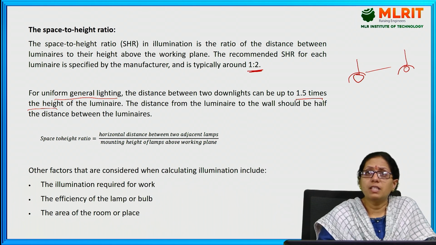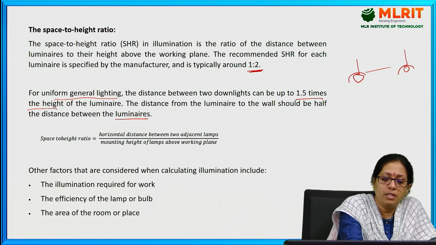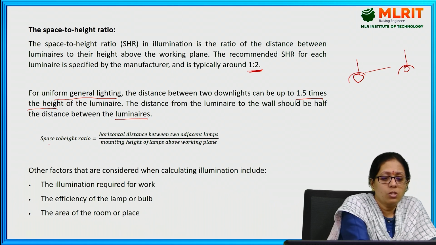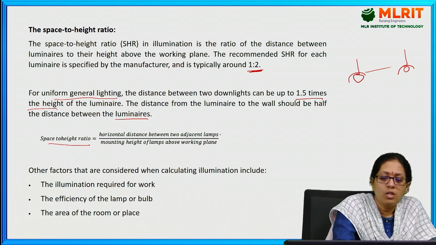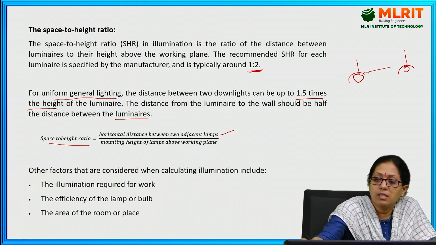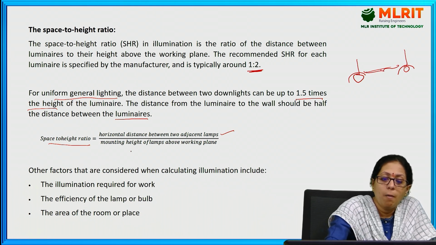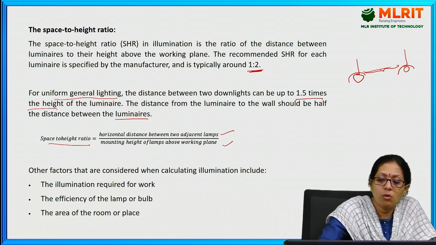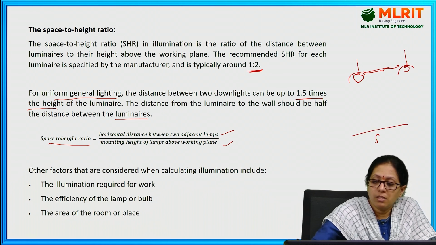The distance from the luminaire to the wall should be half of the distance between the luminaires. So space to height ratio is equal to the horizontal distance between the two lamps, that is this one, and the mounting height of lamps above the working plane, means this is the floor, this is the mounting height distance